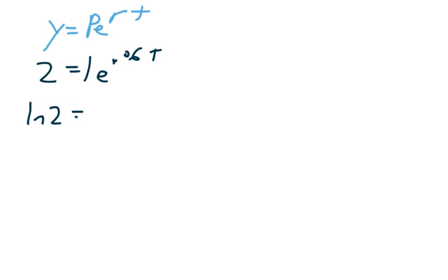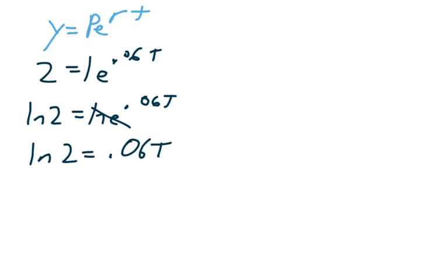For problem number 13, we're talking about something that compounds continuously, and we want to know the amount of time it takes to double. So I basically use this, where I start out with 1 and wind up with 2, and then it says the rate is 6%, and we're trying to figure out what t is. So what I'm going to do is take the natural log of both sides, because the natural log and the e will cancel out because they're inverse operations. And so I'm going to divide by 0.06. So the natural log of 2 divided by 0.06 is